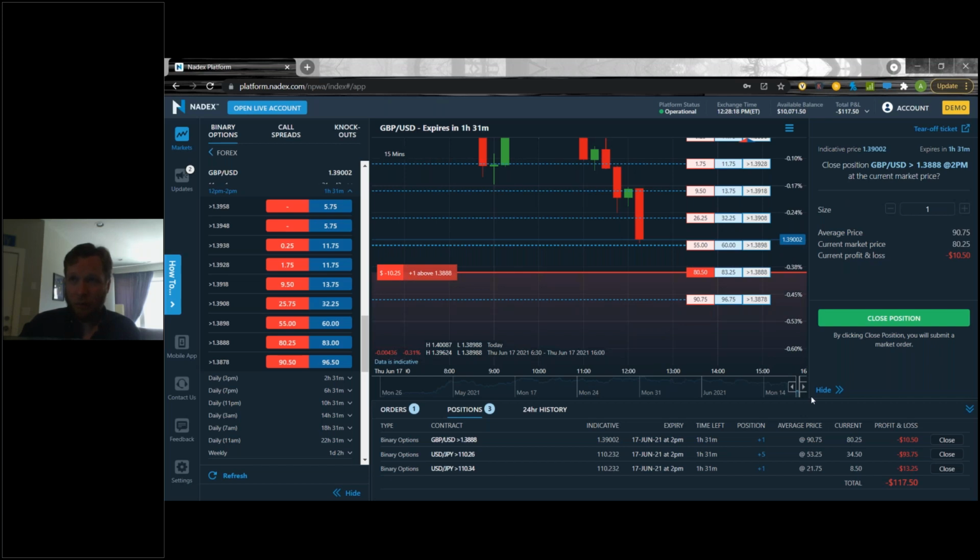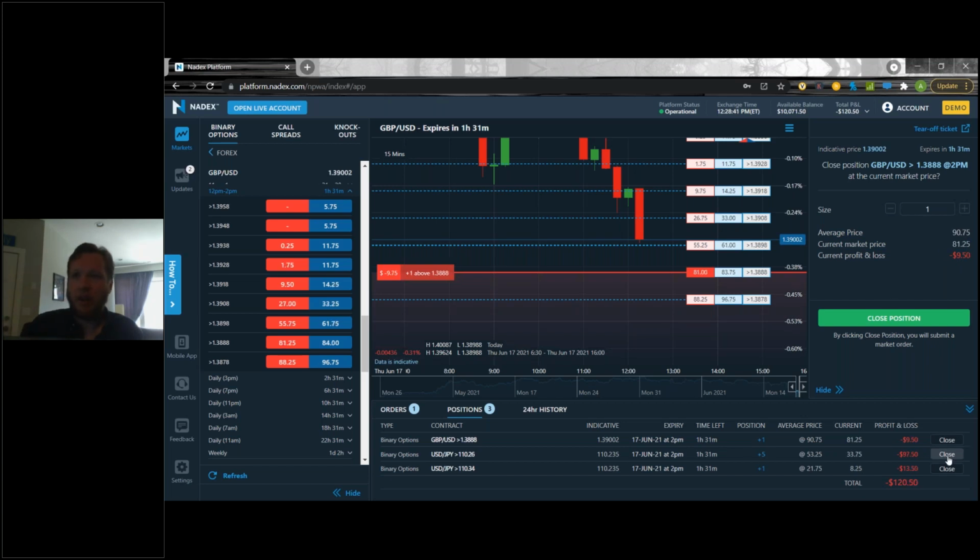And it gives you basically the same information you have down here, but in a way that hopefully is just a little bit more clear about what's going on, right? So you can see very clearly the average price and how relative it is to the current market price, right? So I paid 90 to get in, the current market price, I can only get $80 for it back. That's going to be a $10 loss on my contract.